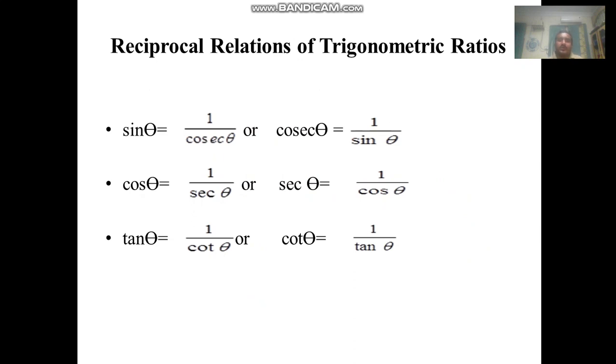Now the reciprocal relations of trigonometric ratios. Sin theta is 1 upon cosec theta, cosec theta is 1 upon sin theta. This means sin and cosec are the reciprocals of each other. Number 2, cos theta is equal to 1 upon sec theta, or sec theta is 1 upon cos theta. This means sec and cos theta are reciprocals to each other,